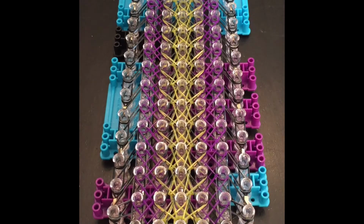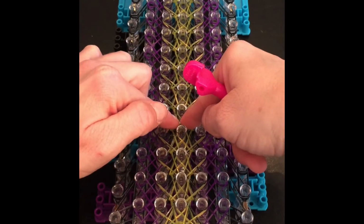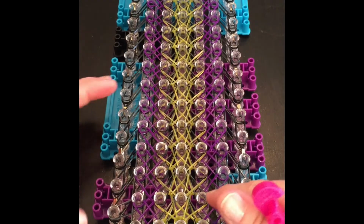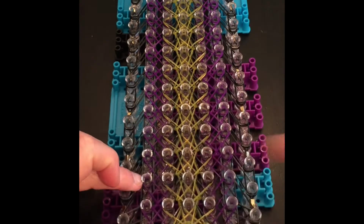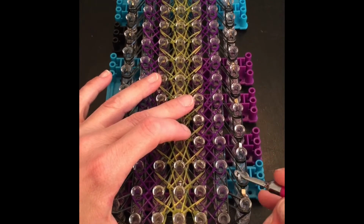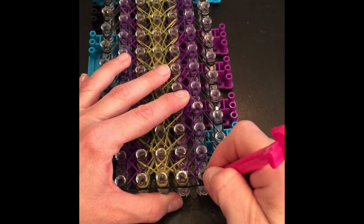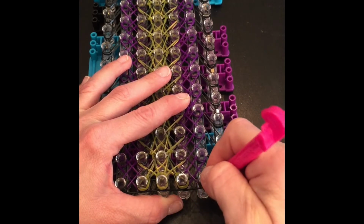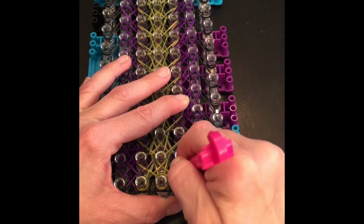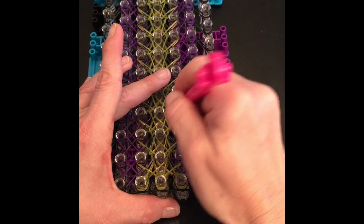Okay, so remember, this is super tight through here. When you're pulling them through, oh my gosh, you have to pull them out slowly so they don't snap. Okay, we're going to work on these purple bands next. We'll see what happens with this when I take it off the loom, but yours should be fine. My mistake. Okay, so what we're going to do is we're going to go in through this cap band, and I'm going to grab that purple band that's on top. And I'm going to do just like I laid them. I'm going to go from there to there, go back in here, grab the one. And we're going to do the zigzag pattern first all the way up